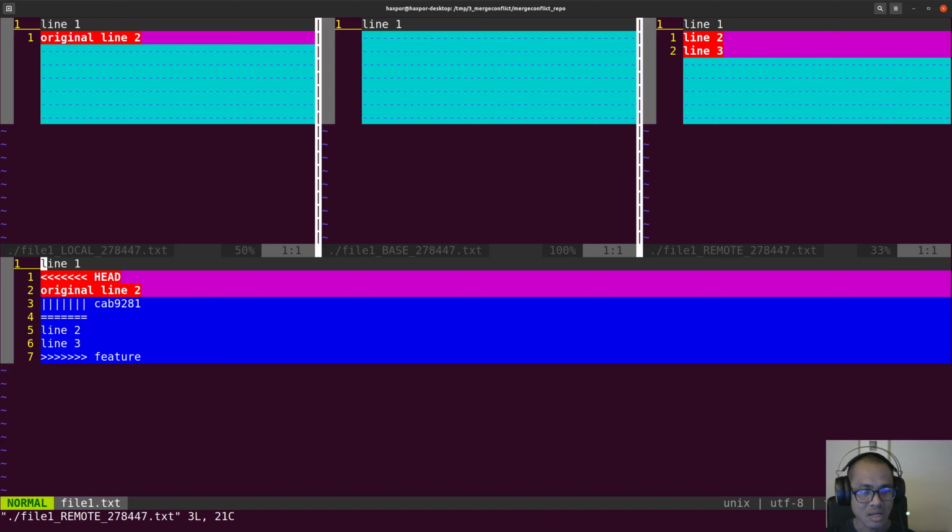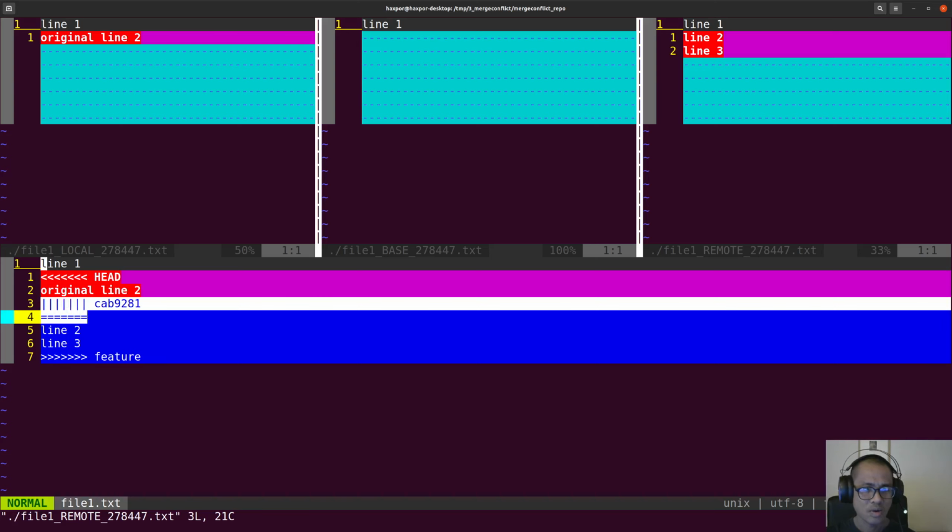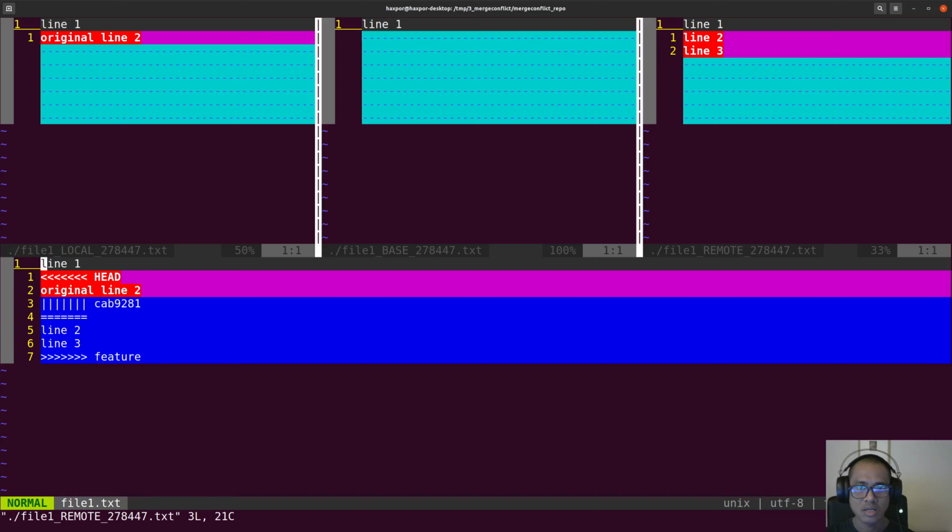So what it does is it lists out what you have in your local workspace. So it's going to be HEAD, and then original line 2. And this one, the marker with the hash, is for the original base, because the original doesn't have anything in common with either the left side or the right side, so it's empty here. But if there was something, it would be in between this line and this line. And what about the remote? The feature had line 2 and line 3. So it's your job now to